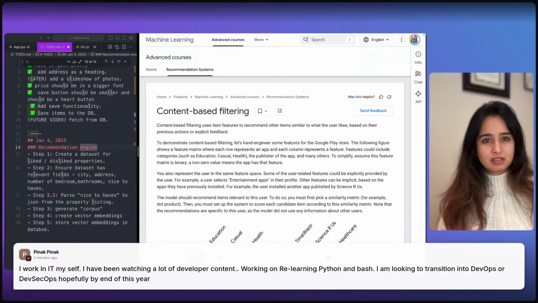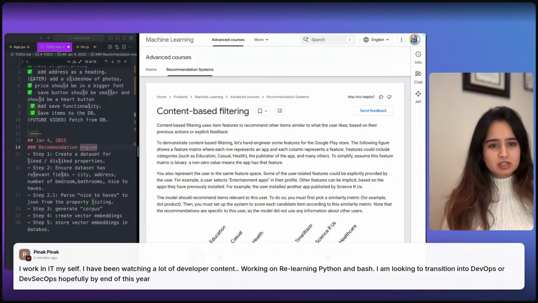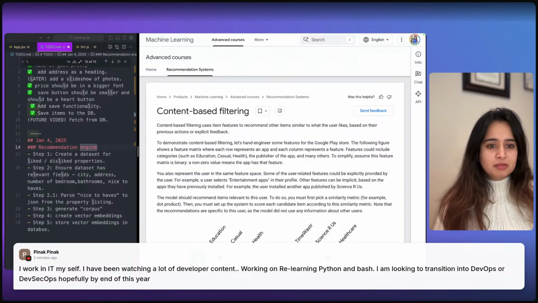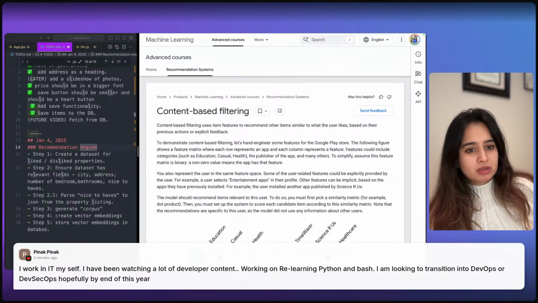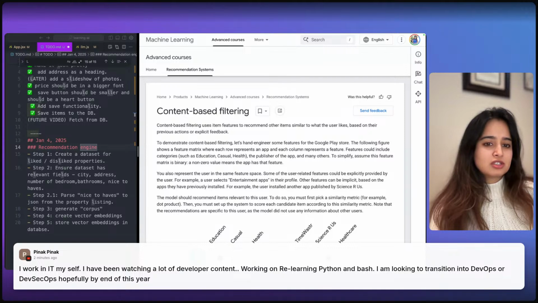It's much easier to get tutorials within Python. So I'm thinking of relearning Python as well, although it's easier to pick up. Pinak, I'm curious what makes you transition to DevOps? What gets you interested in DevOps?